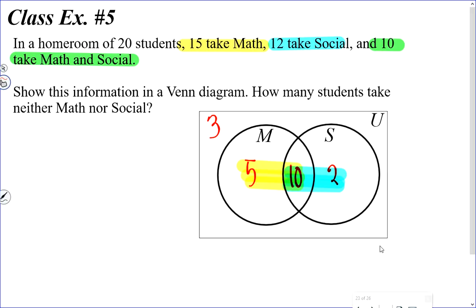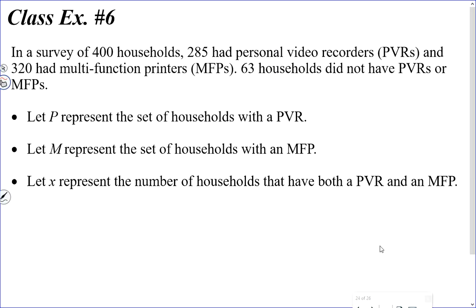So we have one more example. I know this is a long lesson, but sometimes that's the way it works. In a survey of 400 households, I guess that's the universal set,